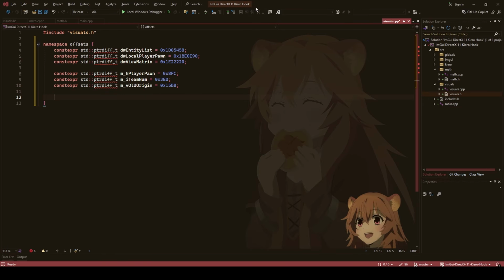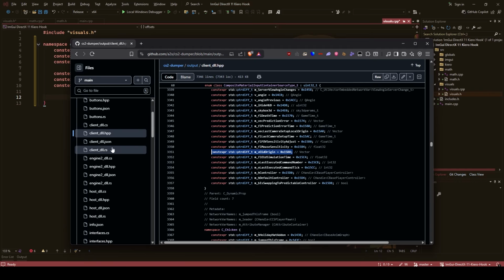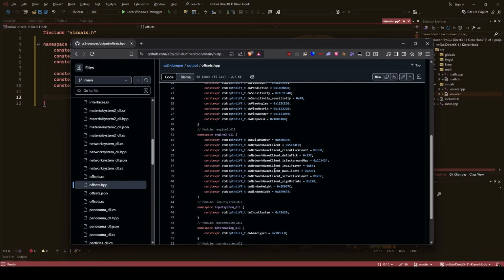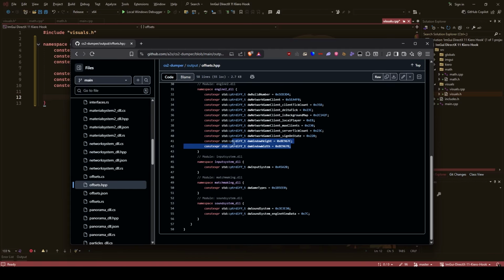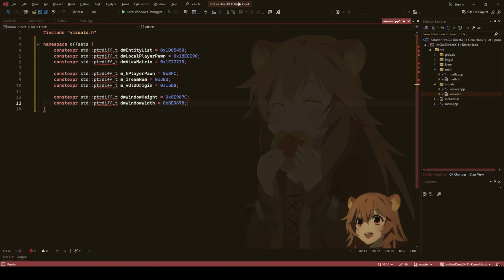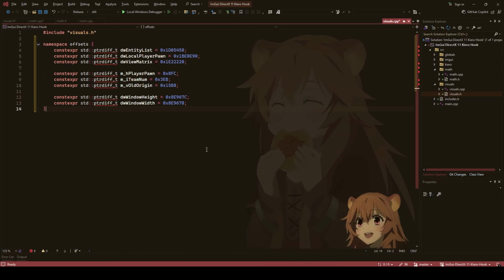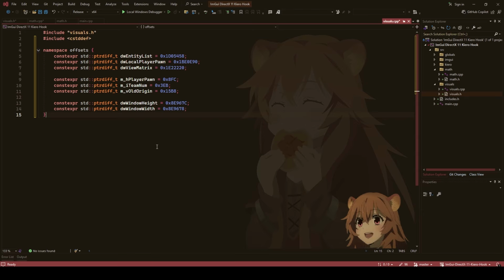copy and paste that. And then what we will be doing is going back over to offsets.hpp and grabbing these two, the window height and window width from engine2. Okay. Once we've got that, include, and while we're here, might as well make a namespace visuals,